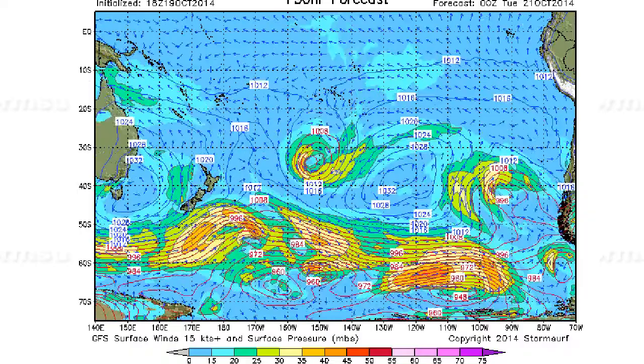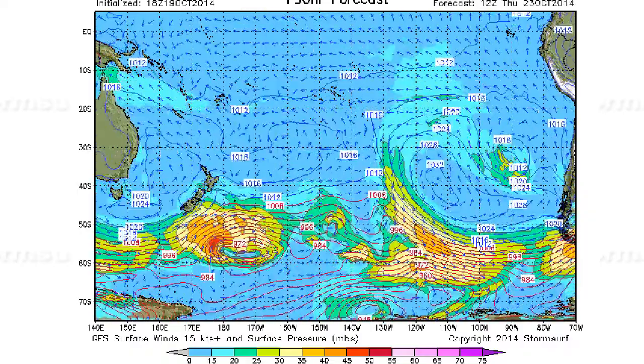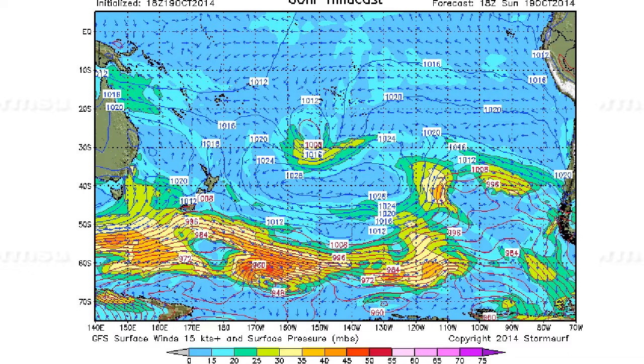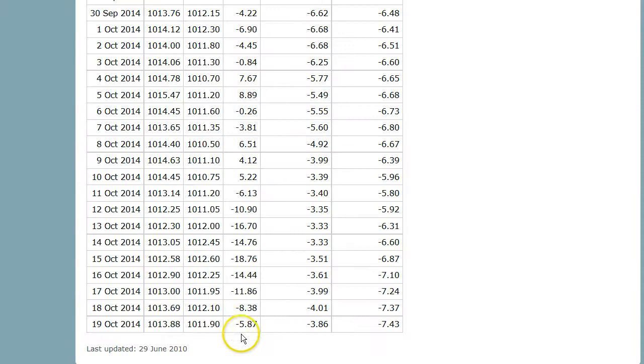If we roll this out, notice low pressure hanging south of Tahiti, just sort of rolls out, and then we get some high pressure in, but then there's some suggestion later on of maybe more weak low pressure, maybe not a lot. Here you go. This is how the previous low pressure started, just this little bend in the isobars, and as that works its way east, it'll drive the SOI negative again. So we have our daily negative numbers down to minus 5.87, driven pretty much this whole run by low pressure